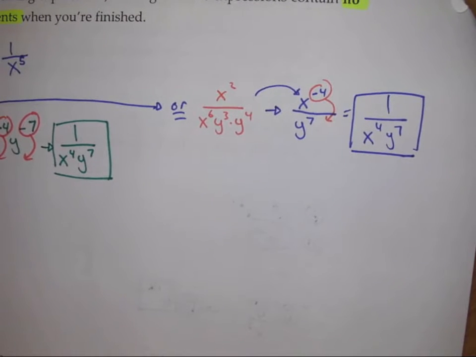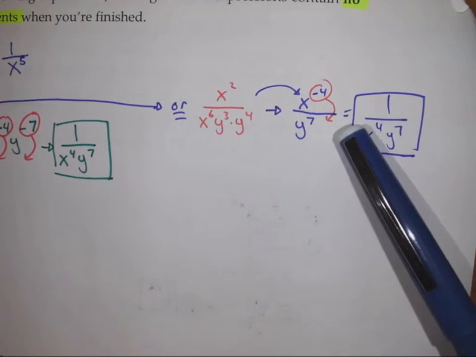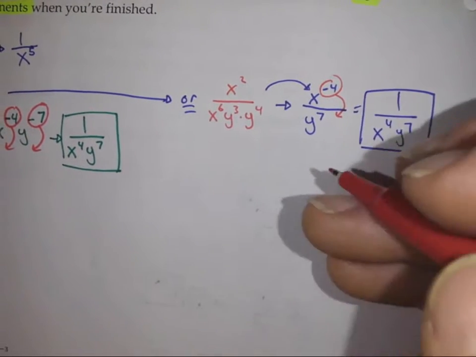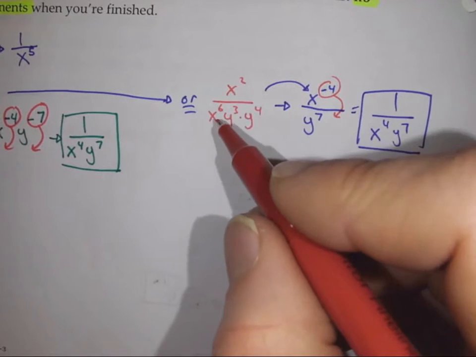Now, those are the same answers. And this may have seemed like a little bit of a futzy way to go about things, so it's not necessarily that useful in this case. However, you might have also noticed there's a relationship here between these x squares and the x to the power of 6's,